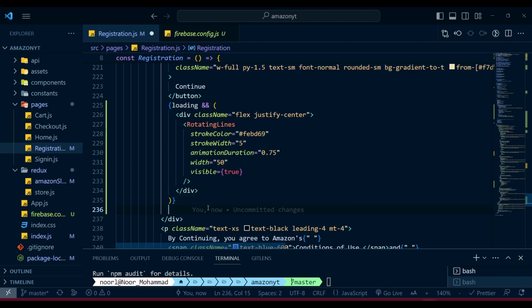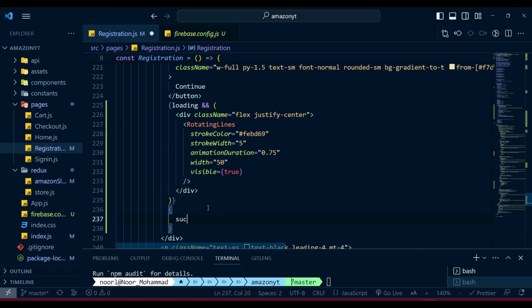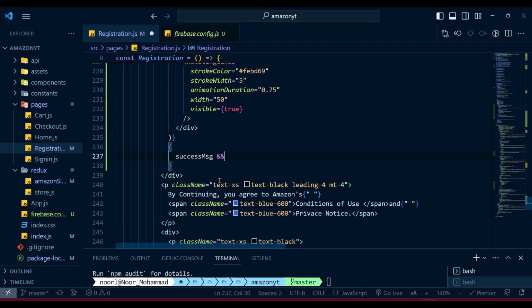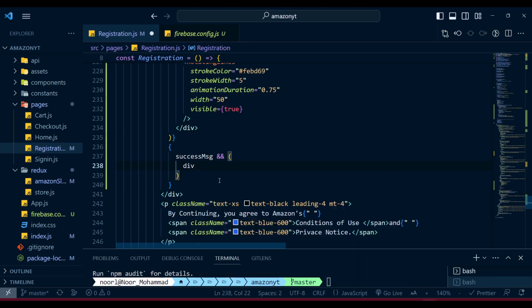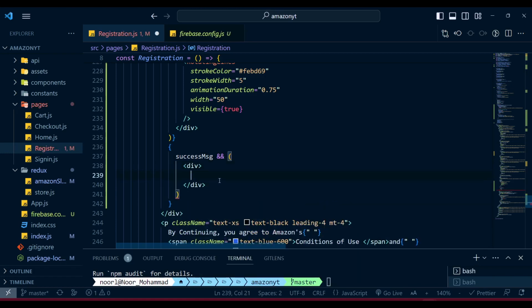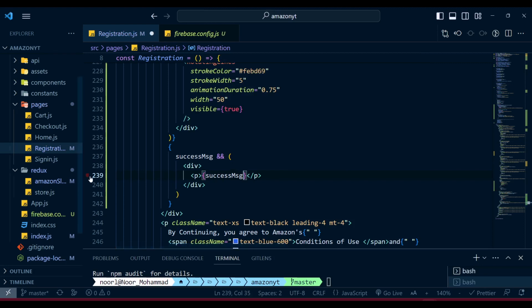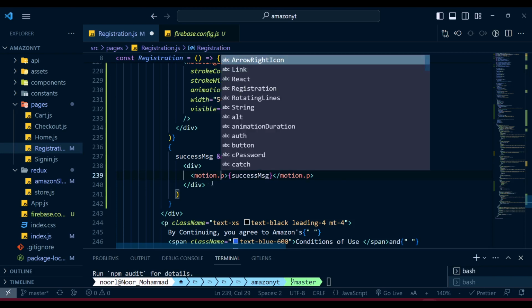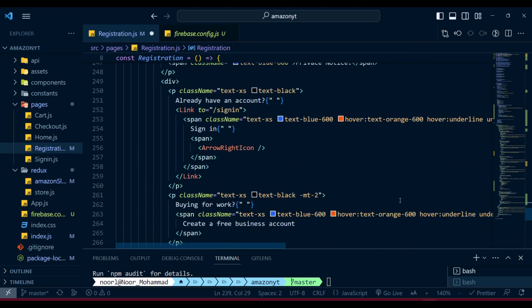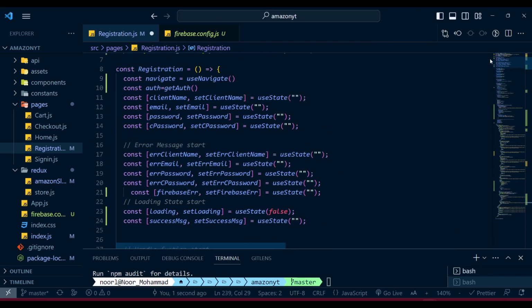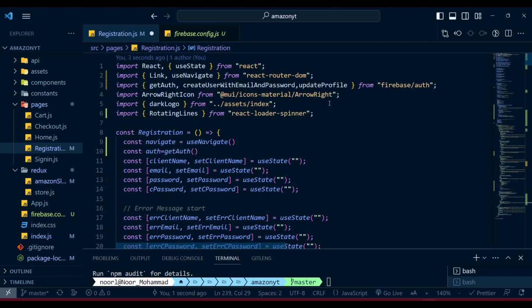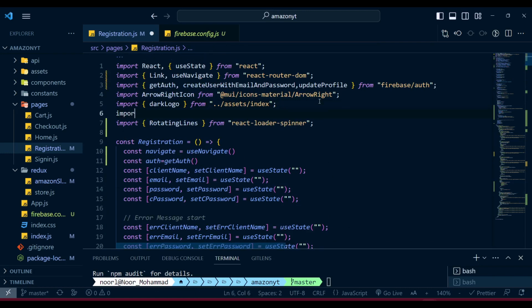When the success message is available, only then I'm gonna pass that message. I'm gonna take another div, and inside that div I will pass a p tag, and on that p tag I'm gonna pass that success message. Also, for that p tag, if you saw the example beforehand, it comes with a little bit of motion. I believe before I didn't use any motion over here, if we go up, no, we never used motion here. So let's import